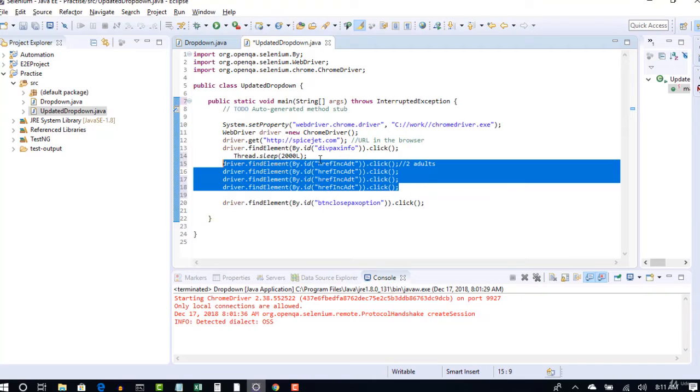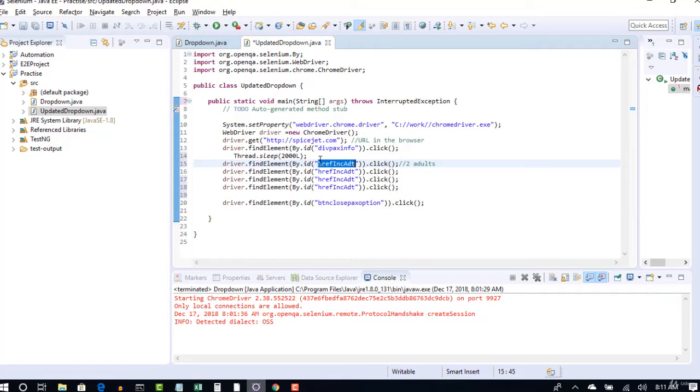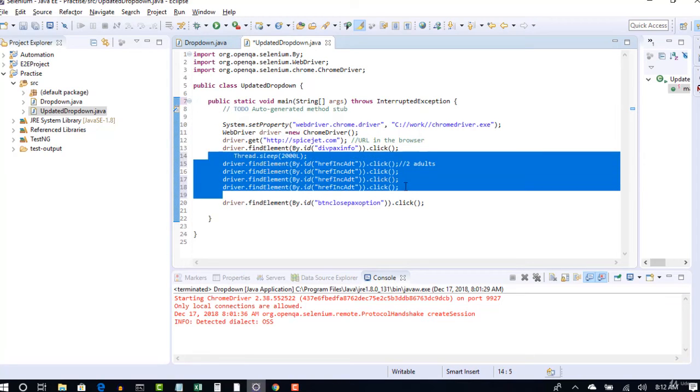Instead, you may get a comment from your lead to make this step in a loop instead of writing it 4 times. Write a simple for or while loop and ask that loop to run for 4 times so that you can write this step only once and loop it for 4 times. That's the best way to write this code instead of writing like this.